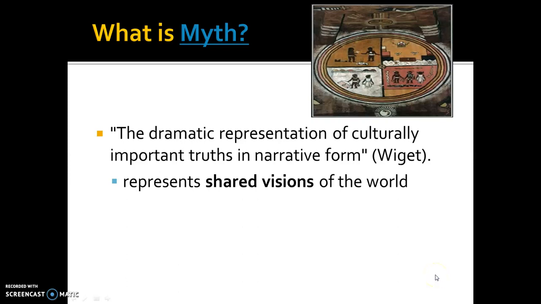So myth represents shared visions of the world. For a group of people to be able to work together and be coherent as a society, they have to have shared visions. And this is one of the things that makes human beings uniquely human in a way that animals cannot do. It's shared intentionality, shared vision. Now, can animals work together to accomplish goals? Absolutely, they do it all the time. I mean, think of a pack of wolves. But they